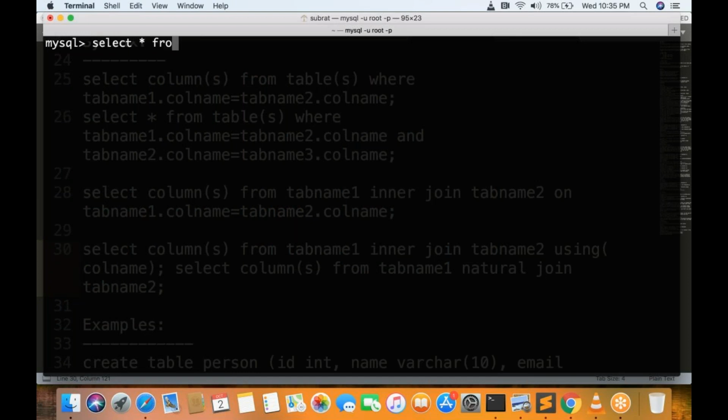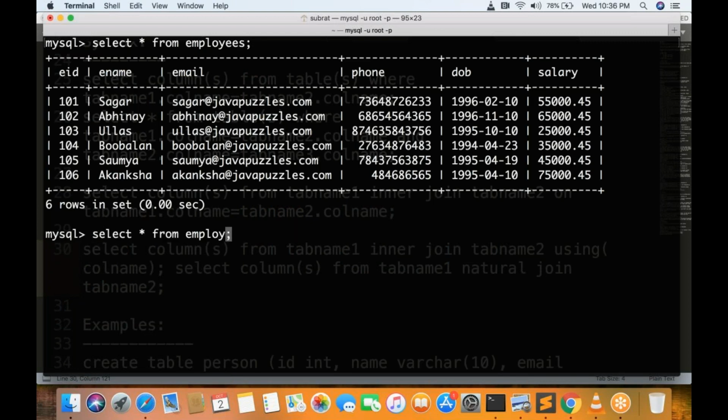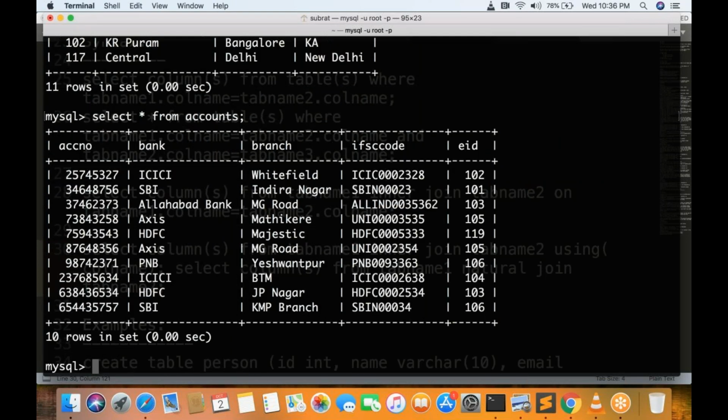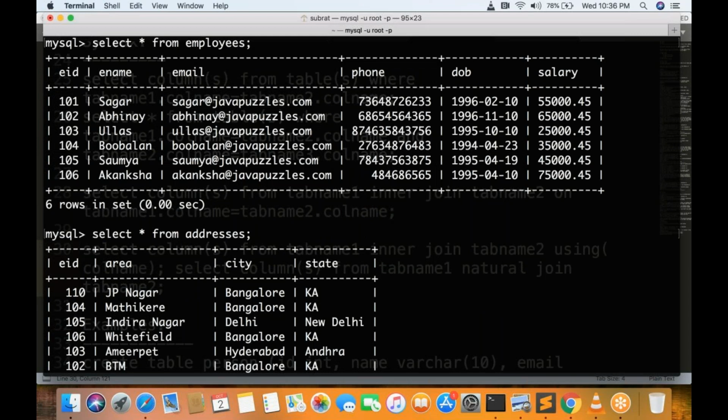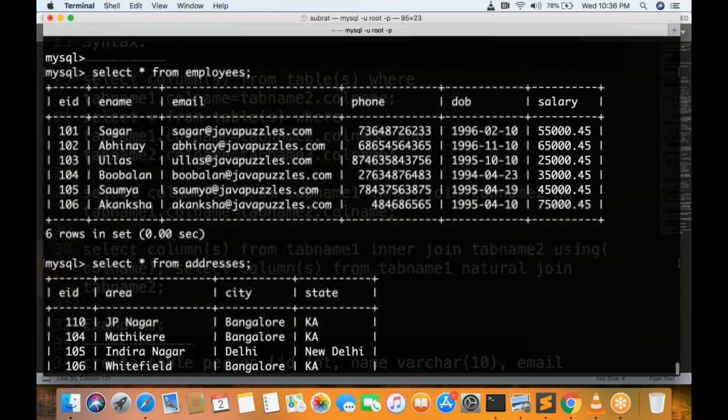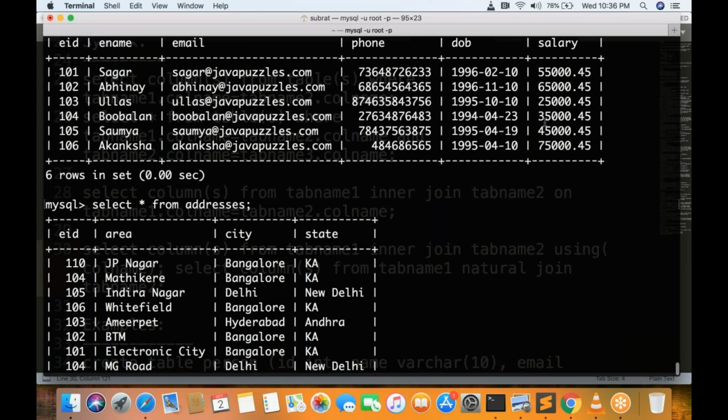Select star from employees. Correct. Now select star from employees. Employees will be having some addresses. These are the addresses and accounts. Okay, so these many records we have as of now. There is no relationship between these all 3 tables. So you can see totally we have only 6 employees, but